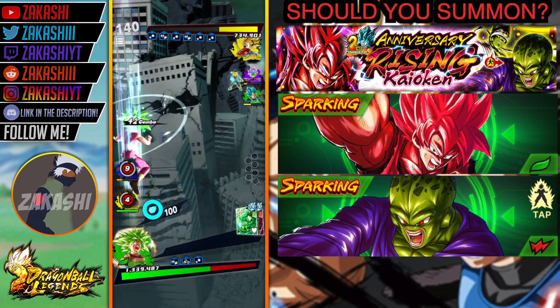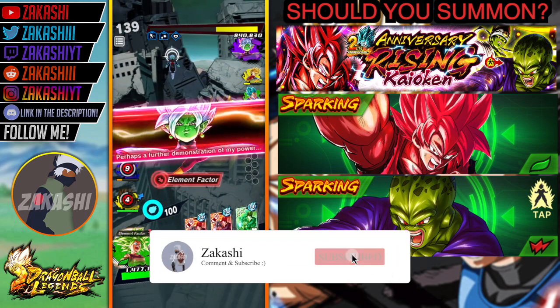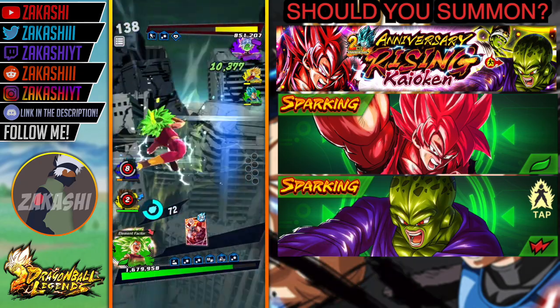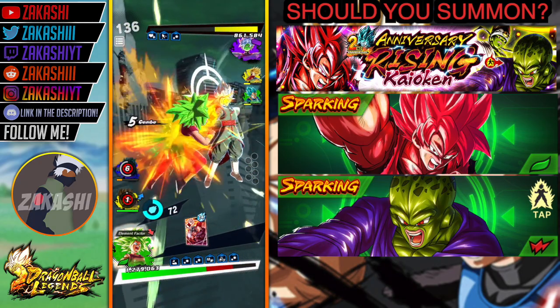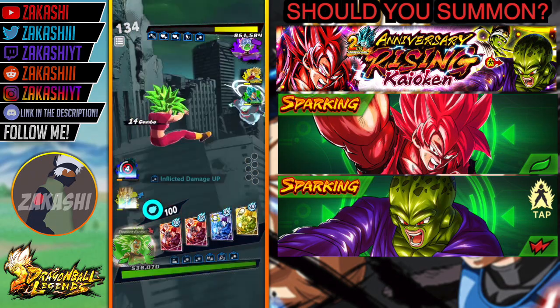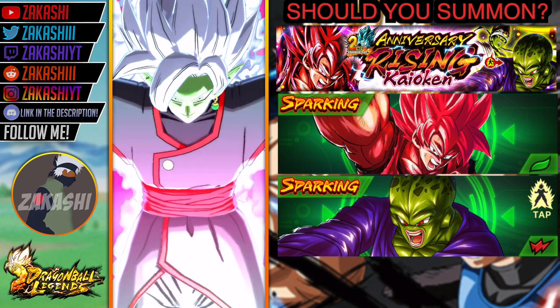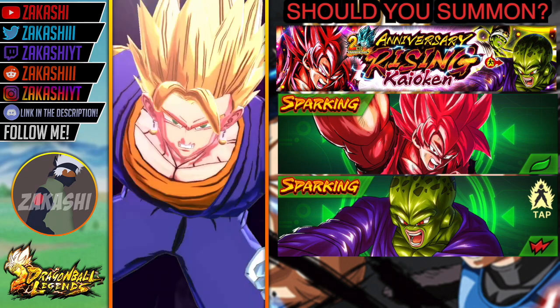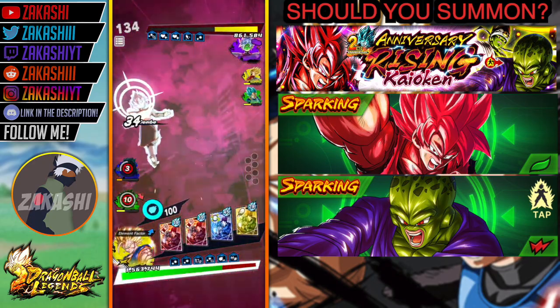But yeah, that's enough about Super KAIOKEN Goku. I already gave my opinion on that. From a free-to-play standpoint, I don't think it's worth summoning, but he is a good unit. I'm not going to say he's a horrible unit, he's not a bad unit, but there are substitutes for him as well. And to be fair, the first anniversary characters are more important, so I would rather you spend your Chrono Crystals on that. But let's get into